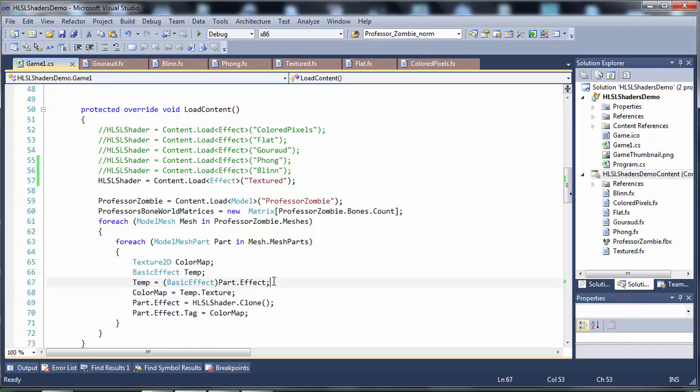So it really starts here. The part is this part of the mesh. We've got each sub-mesh and then each part of the sub-mesh. I'm not fully understanding the difference between a sub-mesh and a part. There's apparently some sort of difference, but in the way this turns out working, the difference may be kind of superficial, like maybe a part and a sub-mesh are really the same thing. But anyway,